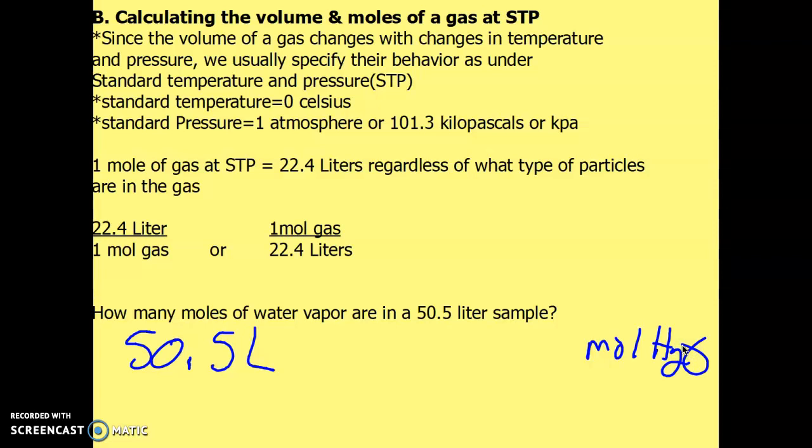Okay, this is water vapor, so it's a gas. Liters, so if I look at my conversion factor here,